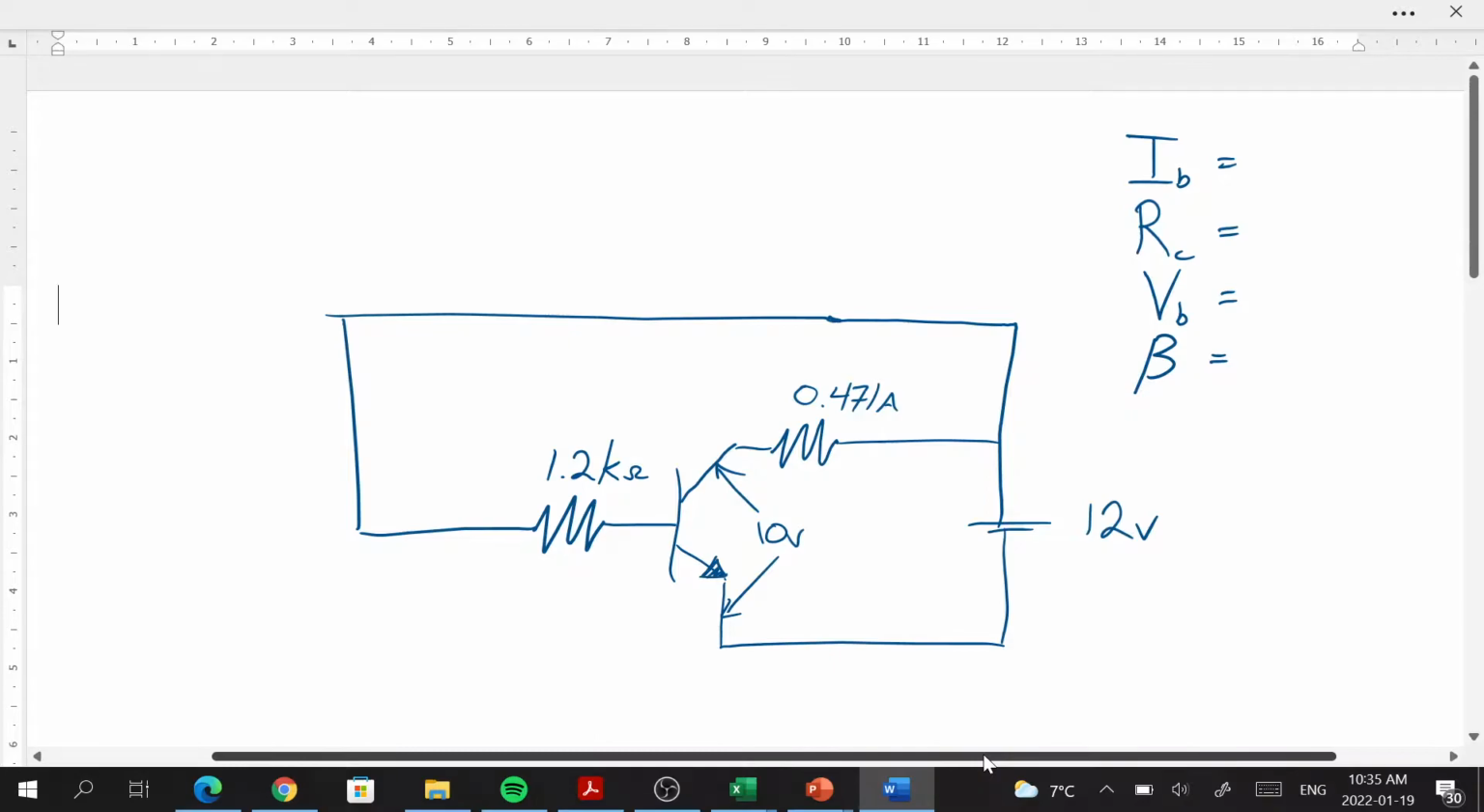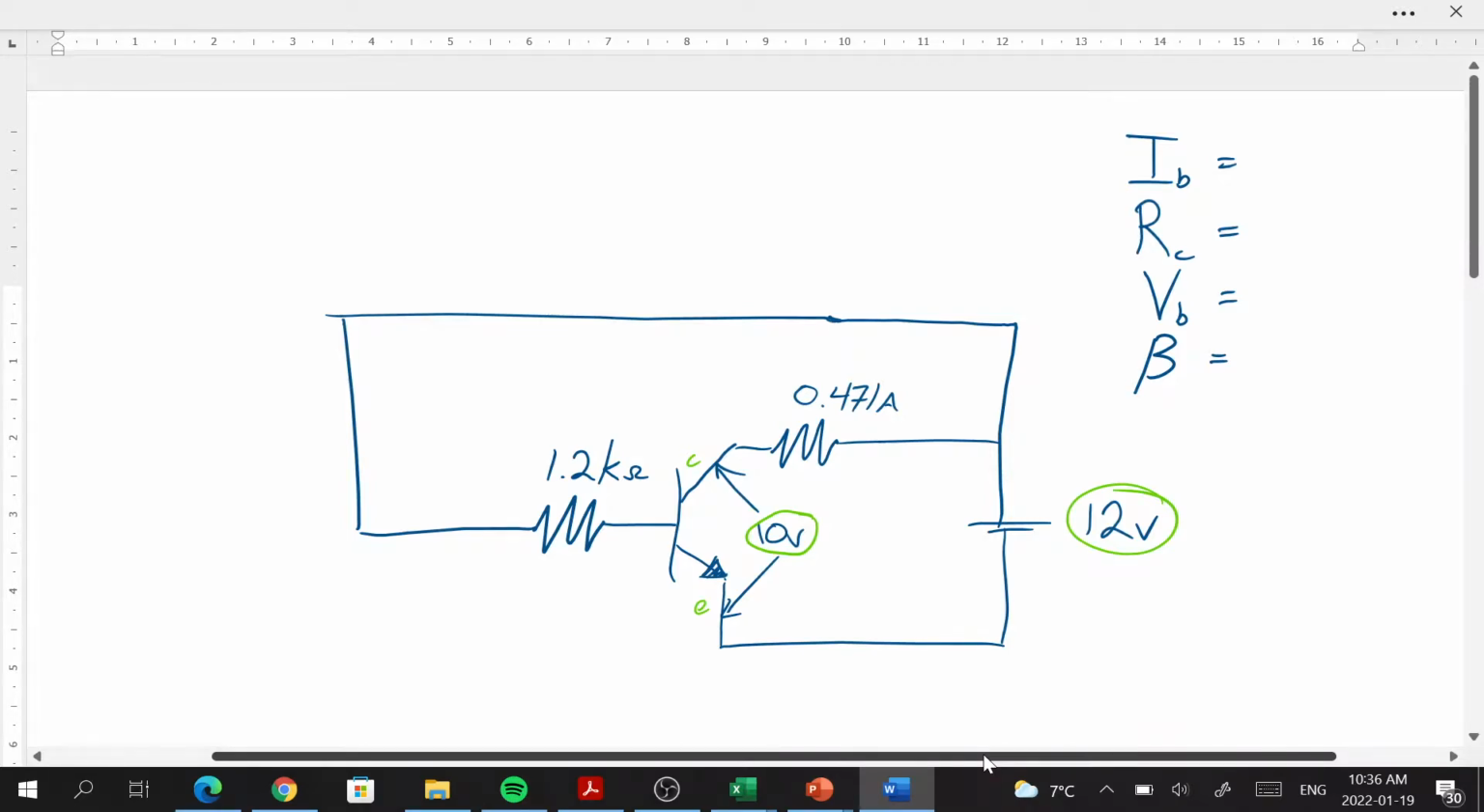All right, so we're gonna tackle this transistor calculation here, and what I've got are the values that we know written into the circuit. So we have a 12 volt source, we have a 10-volt drop across the... This would be our emitter, and this would be our collector. We've got a 1.2 kilo ohm resistor on the base, and we have a current of 0.471 amps going through the